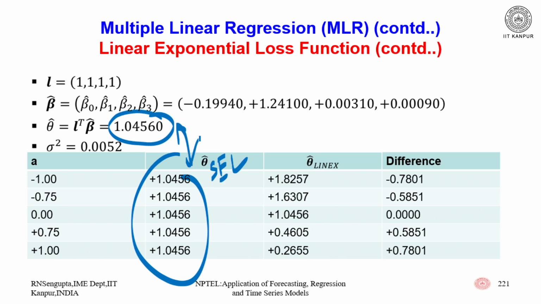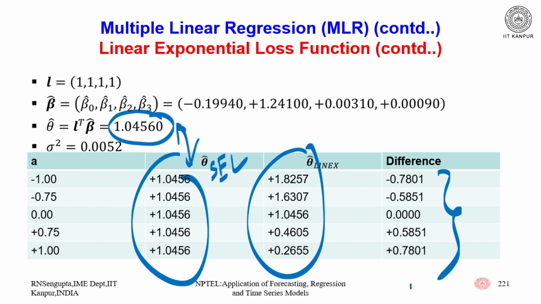When I keep changing the values for the LINEX loss based on the value of A, you have the different values and the differences are given. Here I want to highlight that for a positive value of A, LINEX loss overestimates, for a value which I am marking in, say, green. So this overestimation decreases, and very interestingly, when A is